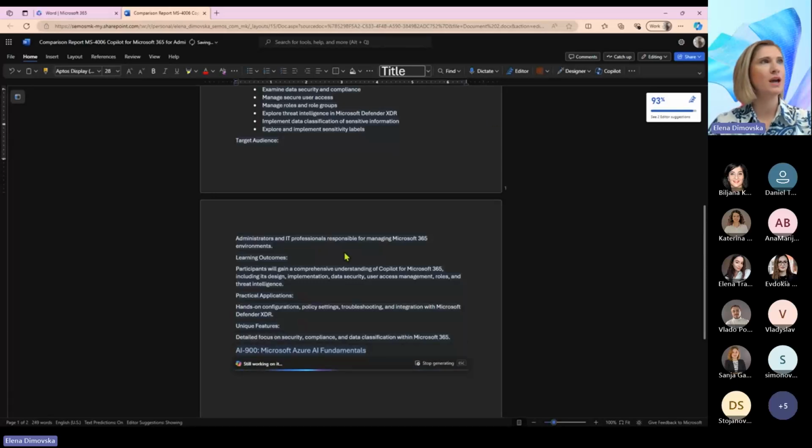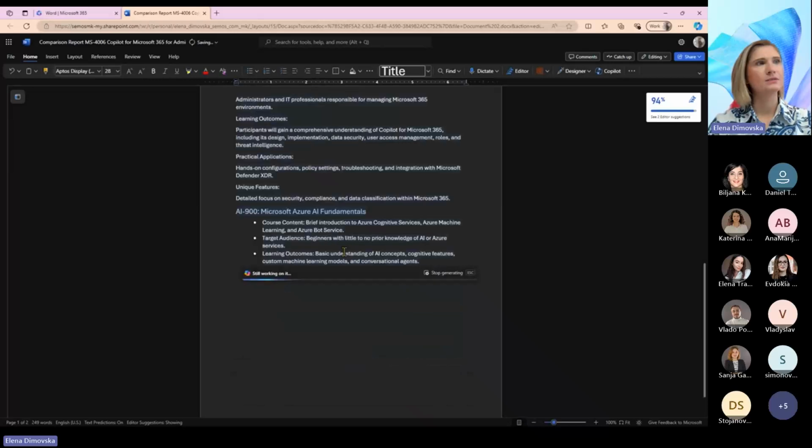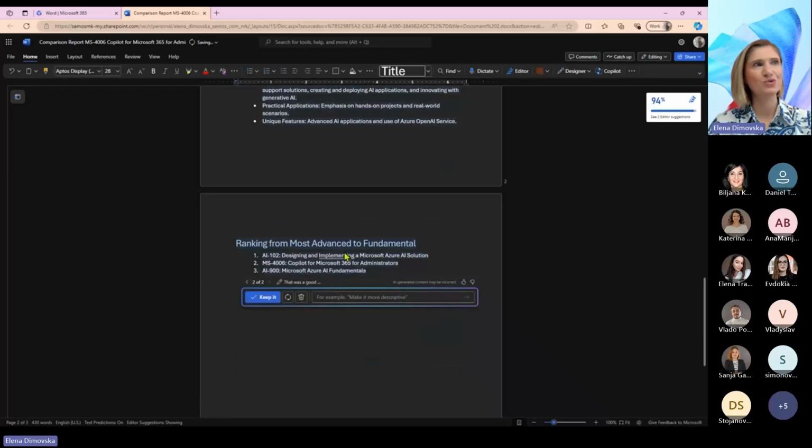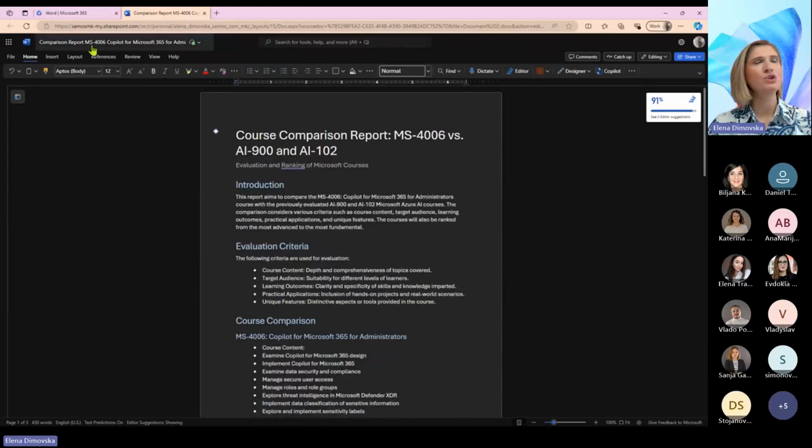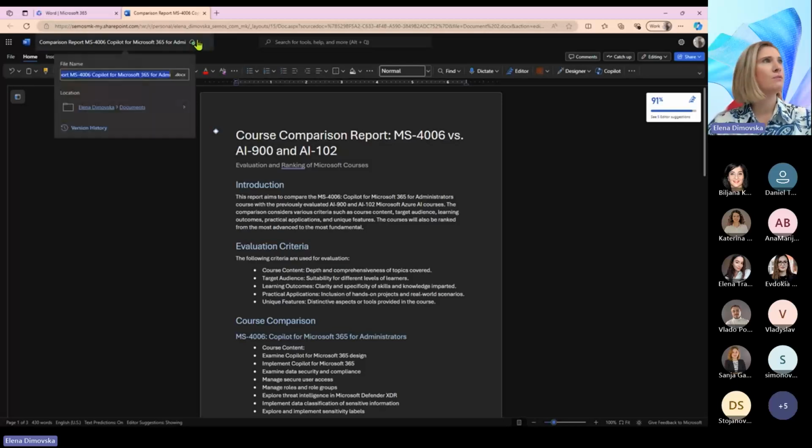So he needs more time, but he will finish our report in a couple of seconds, I will say. And that's true. I will keep this in the matter of time. Okay. So I have a new report where I've compared 3 different documents. So I reference documents to Word, and Copilot does the work for me actually. So I'm saving this